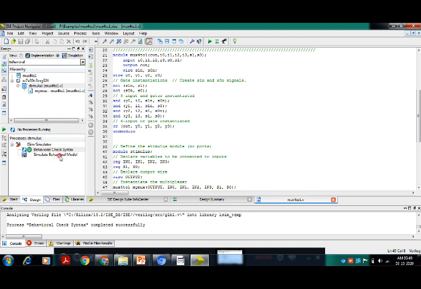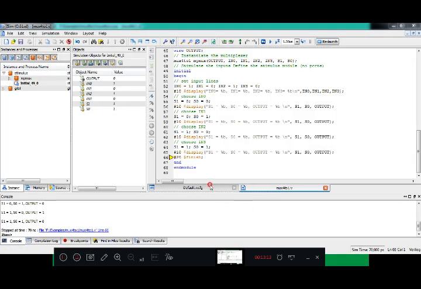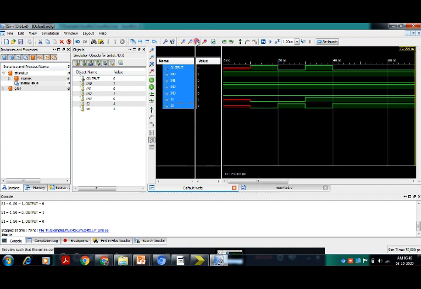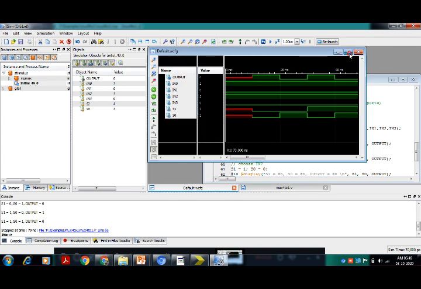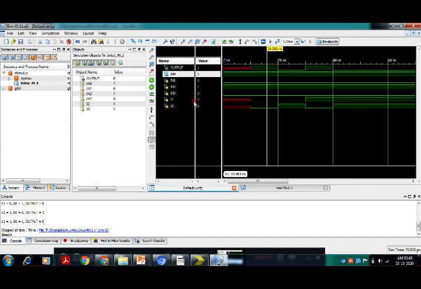Next step, simulate behavioral model. You can observe, no need to assign any values. Here you can see values for first combination S1 S0 0 0. In that case I0 need to be selected.